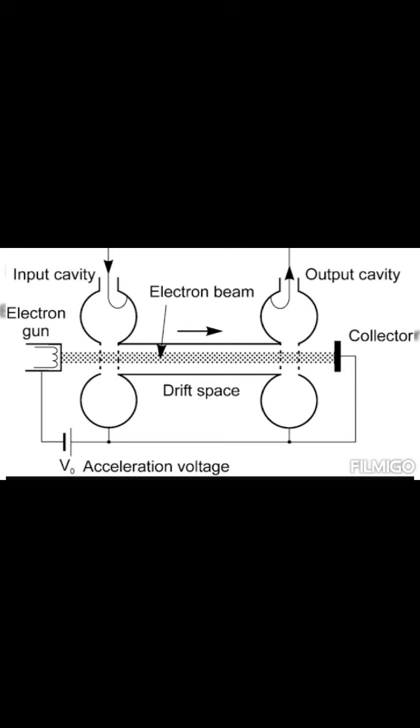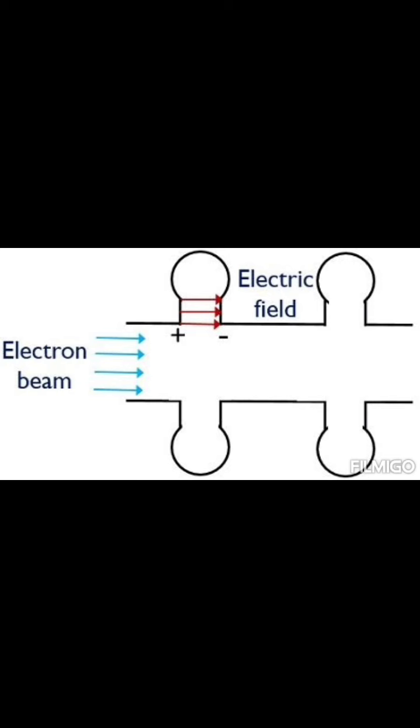In two cavity klystron, the electrons while passing through the second, or you can say output cavity, few of them are accelerated while bunches of electrons are decelerated. Hence, all the kinetic energy is converted into electromagnetic energy to produce output signal. Amplification, power output and efficiency are less in two cavity klystron. So we use multiple cavities between input and output cavities of the basic klystron.